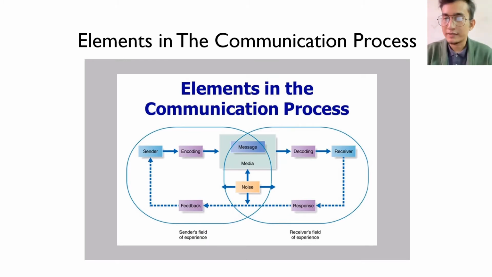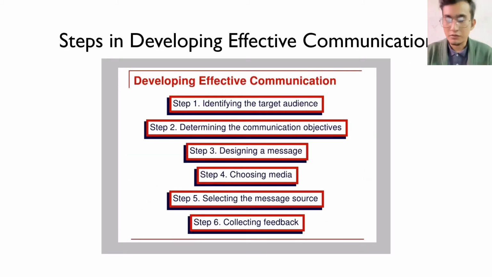Move to the next slide. Oh no, I will talk about the feedback. The feedback is the ultimate aspect of the communication process. It refers to the response of the receiver to the message sent by the sender. Feedback is necessary to ensure the message has been effectively encoded, sent, decoded, and comprehended. Feedback consists of two types: negative and positive feedback. I will move to the next slide.